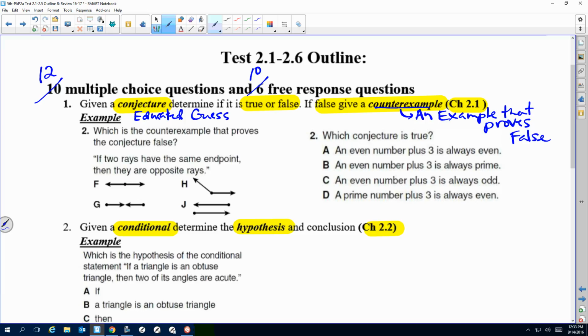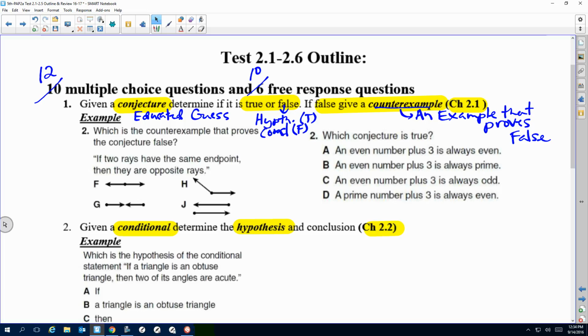When you have a false conjecture, it's false when the hypothesis, and I'm just going to abbreviate that, is true, but the conclusion is false. So whenever your conclusion is false, that's when you have to give an example that proves it's false. So I gave you two types of questions